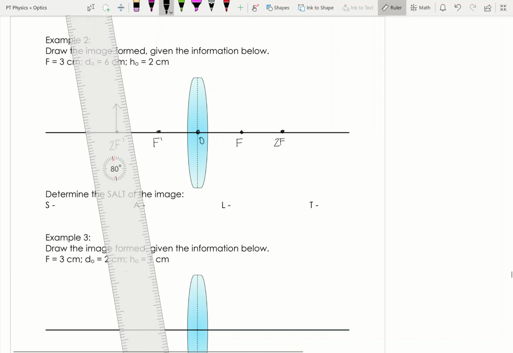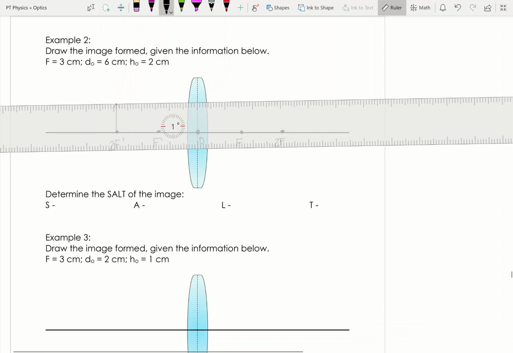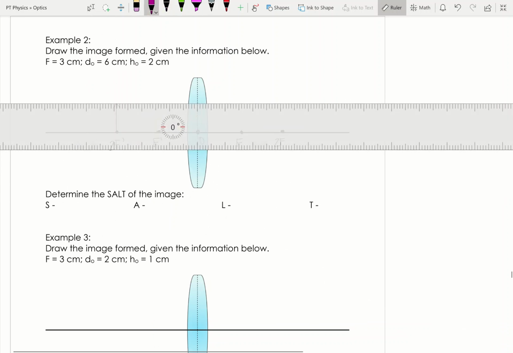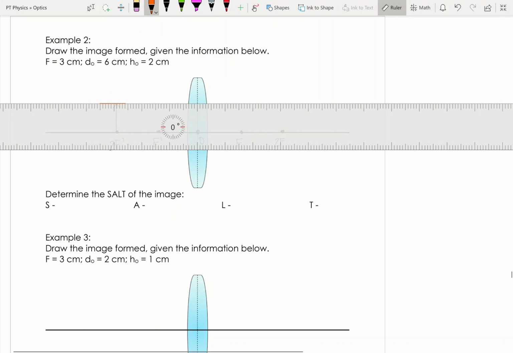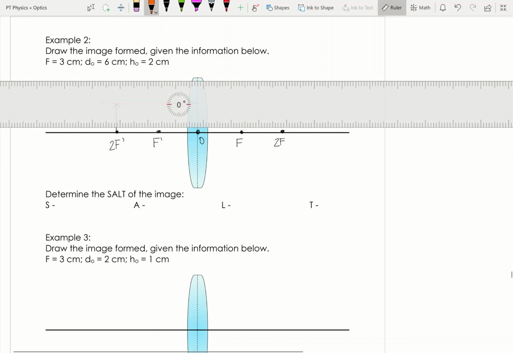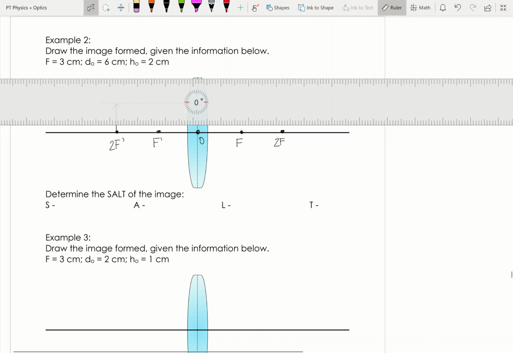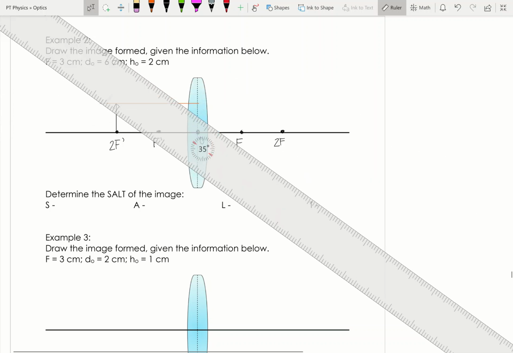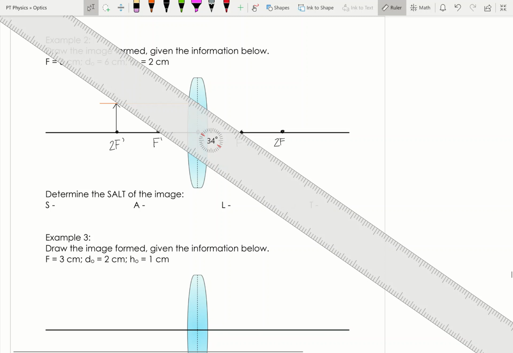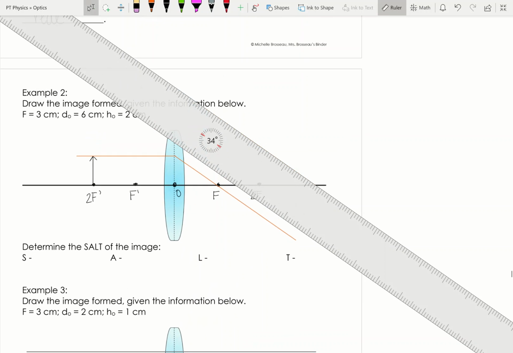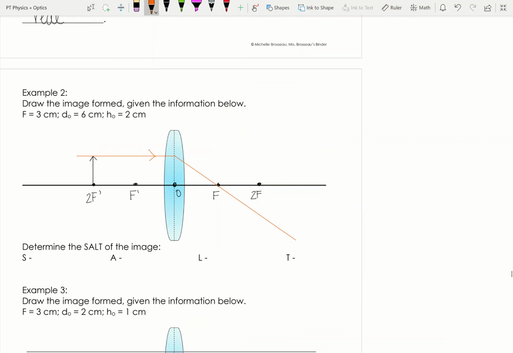All right, so the first one goes in parallel. It's my orange ray, so I need to change my pen color. In parallel, and then bends to go through F. Oops. My second ray